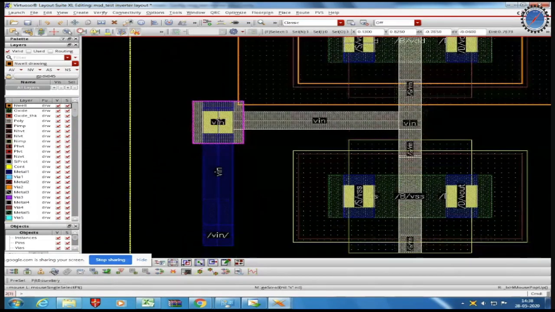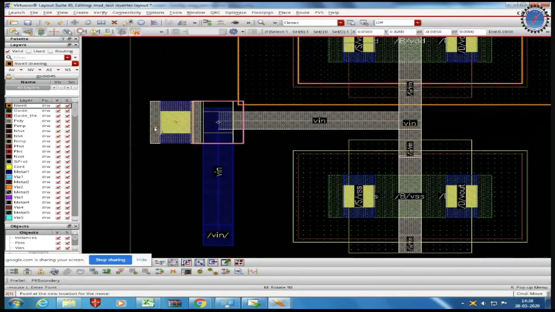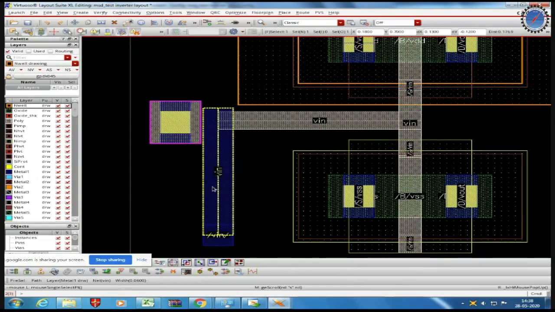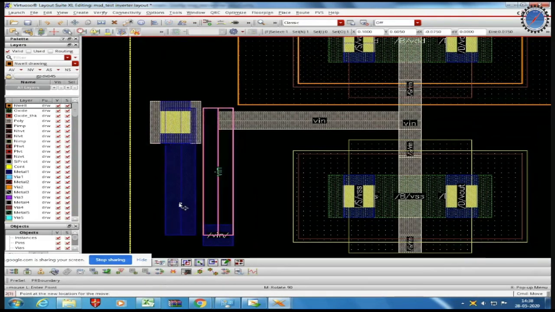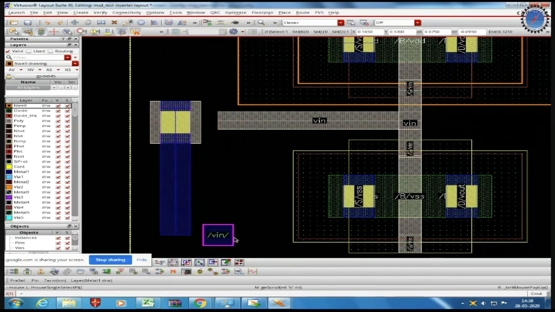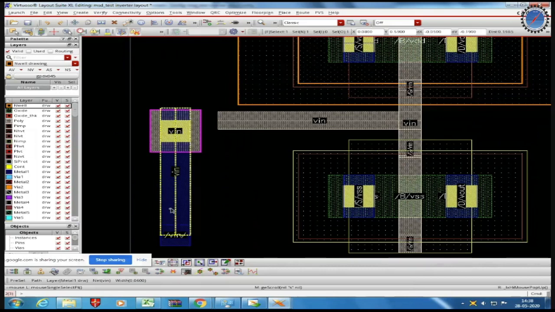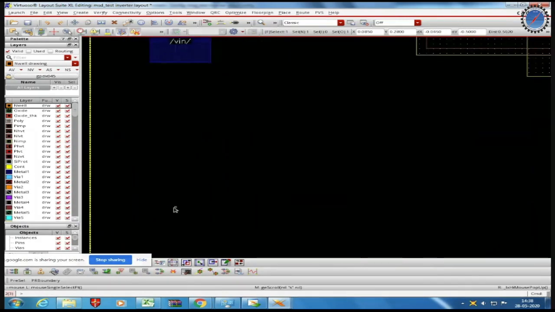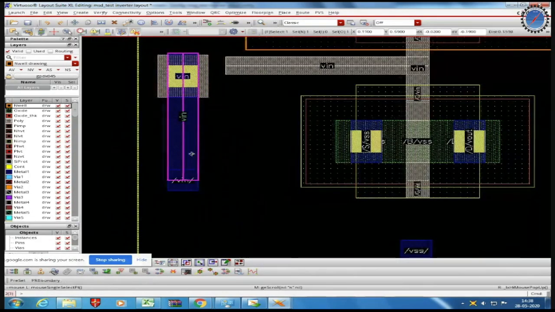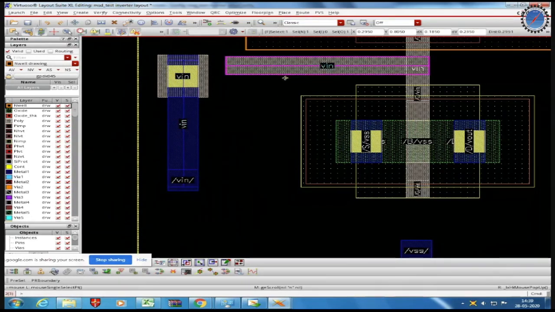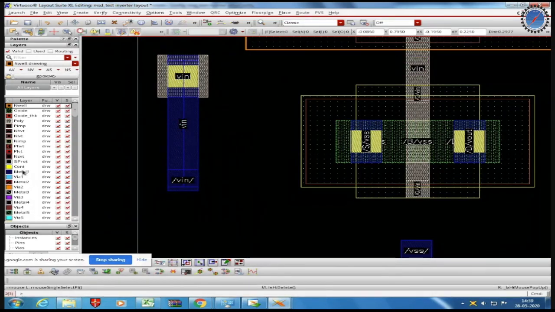We'll move the polysilicon so that they don't overlap. Polysilicon, metal 1 wire. So I'll move this. I'll redo the poly connection.